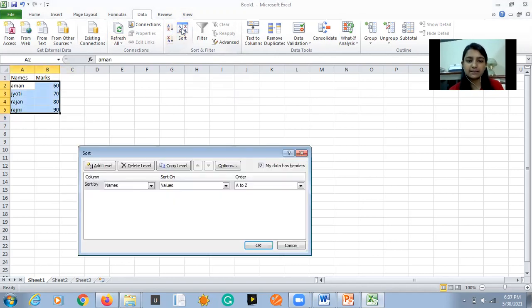Okay, let's see now for the numerical one, like for marks. You can see here that the orders we can give are smallest to largest and largest to smallest. Okay, this is what we can choose again. In this case I'm selecting smallest to largest.